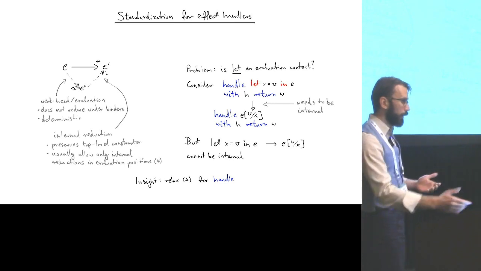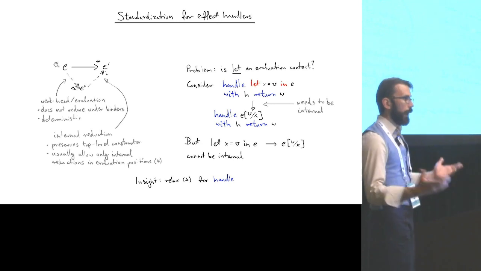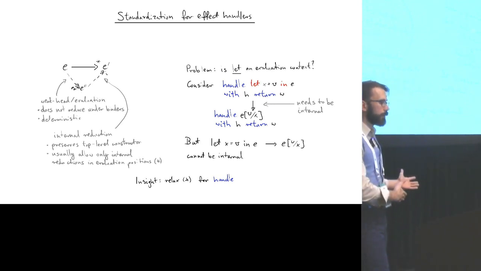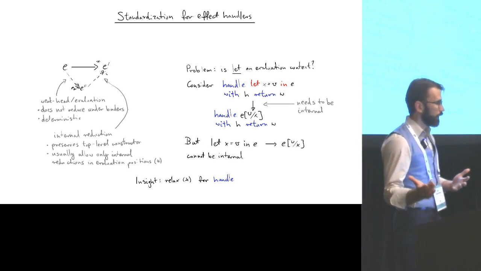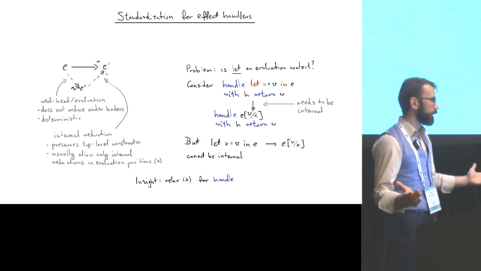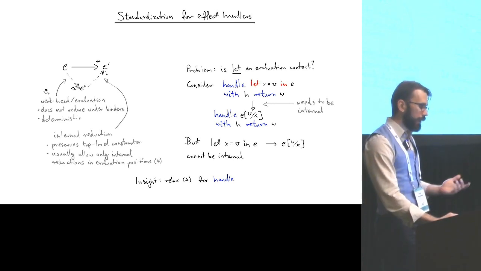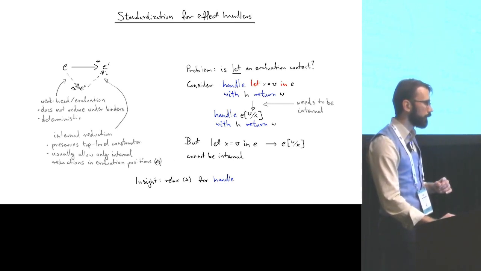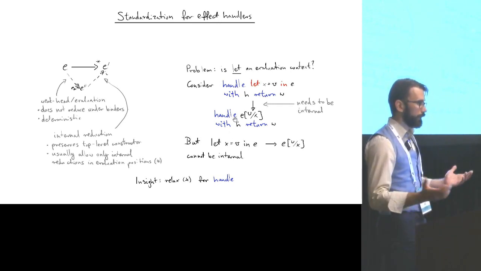So, okay, this is a reduction that may appear, so it certainly can appear in this sequence here. How should we treat it? Is it an evaluation reduction? Is it internal? Well, it shouldn't be an evaluation reduction, because clearly the other reduction for handle with let has to be an evaluation reduction. So it probably has to be internal. On the other hand, the reduction itself here cannot be internal. So it seems that we're violating this start rule down here, right? It happens in the evaluation position of a handler, but it's not internal itself.